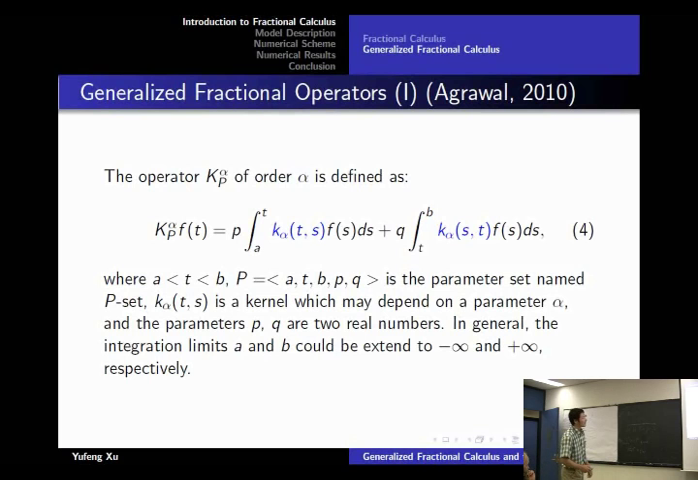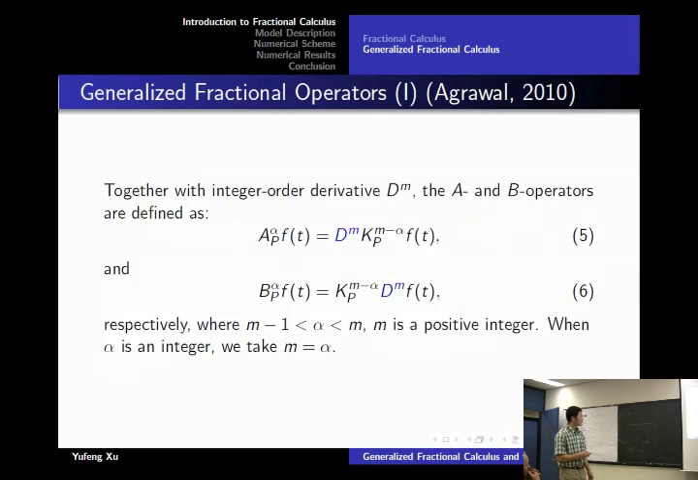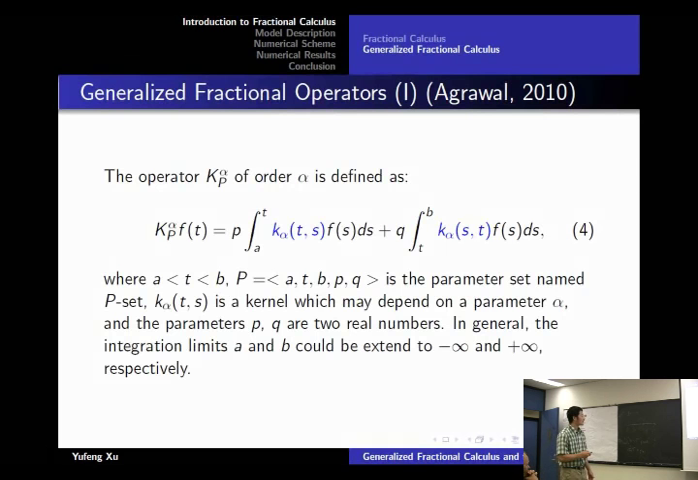So the first type of fractional operator, we call it a K operator, A operator, and a B operator. This was proposed by Agrawal in 2010. It's in a paper published in Computer Mathematics. If you want to download this paper, you can search on the web. The K operator is nothing but a constant times this much thing,